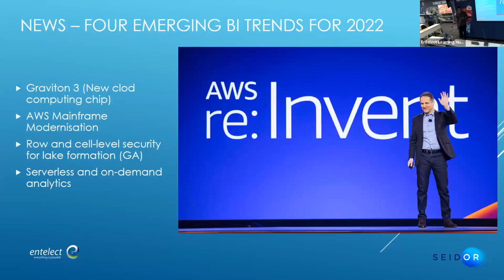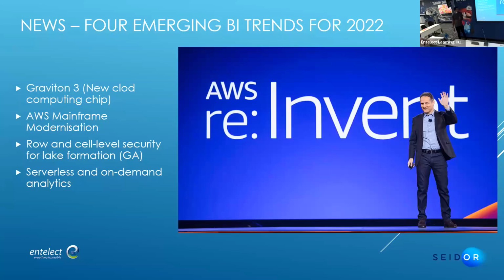Okay, and then another piece that I got, this was actually from late last year, I think November, December. It was a keynote from AWS reInvent keynote event. What they were talking about is basically a slew of features that's going to be coming to their cloud platform. Quite a lot of things. They talk about machine learning, AI, but I just selected a few that I thought would be relevant for this